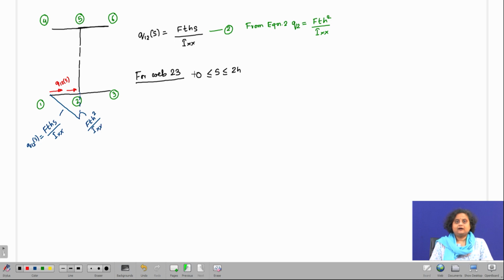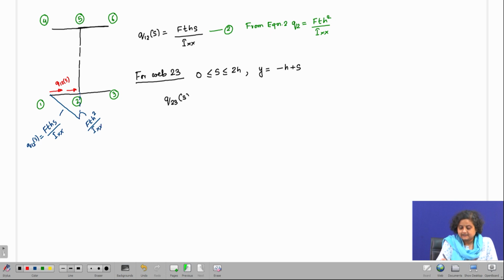So, we have S equals 0 to 2h, and we need to find out only y. So, y is going to vary as minus h plus s. When s is equal to 0, y is minus h, and when s is equal to 2h, y is h. Therefore, from the previous expression we can say